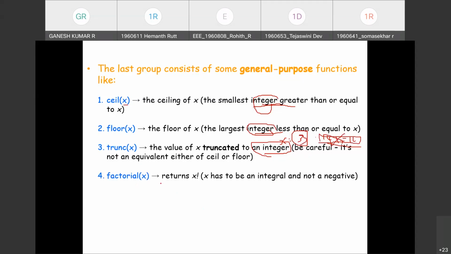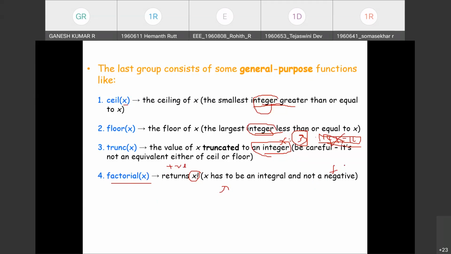Factorial, it's a standard function that returns x factorial. If it is 3, then 1 into 2 into 3. A standard function, part of the library. Please note, this factorial function will accept only positive integers. It will not accept negative values or float.